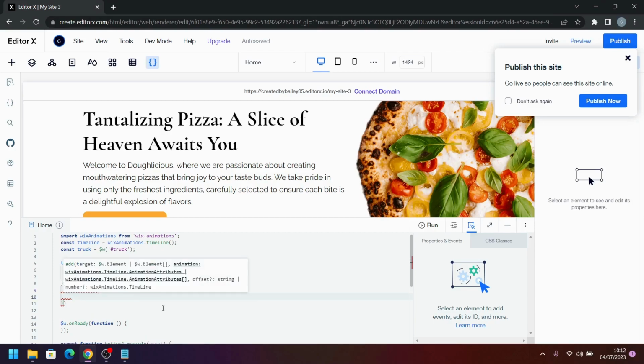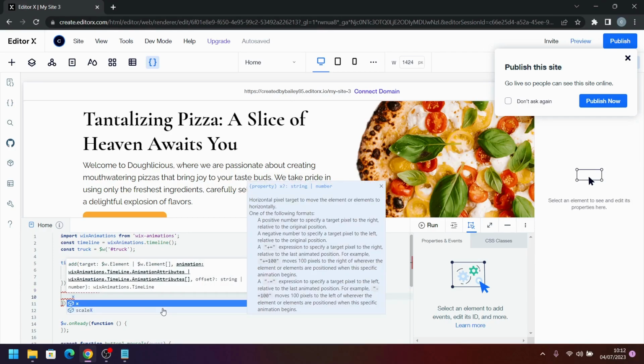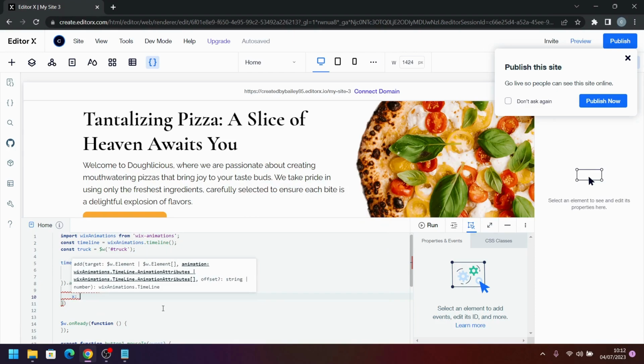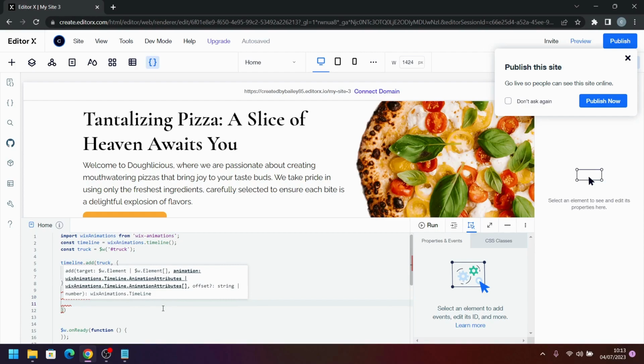We also want to update the x-axis and we're going to set that to 300, and we want this to take 200 milliseconds, so we will set a duration of 200,